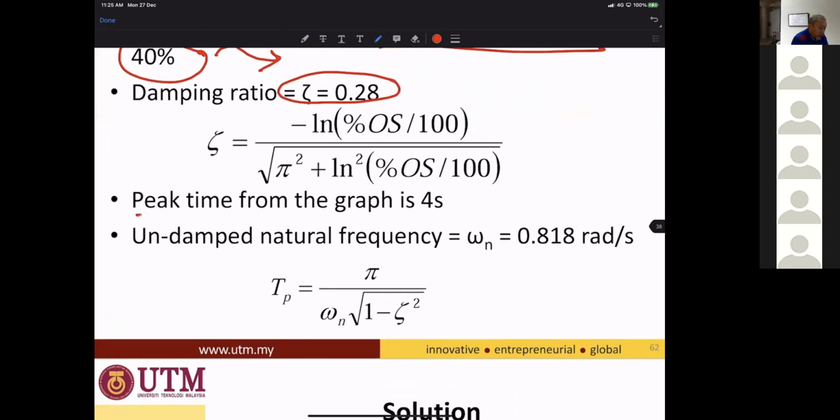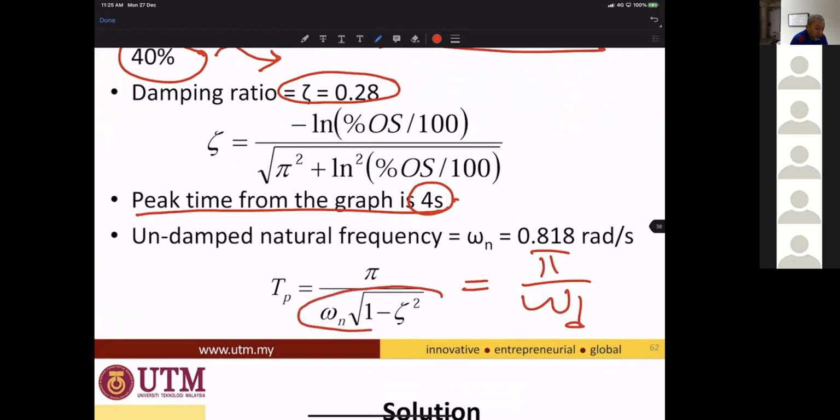The peak time from the graph is 4 seconds. So we know that peak time is pi divided by omega d. Omega d is equal to omega n square root 1 minus zeta square. Okay, so from here, since we know that the peak time is 4 seconds, omega n is equal to